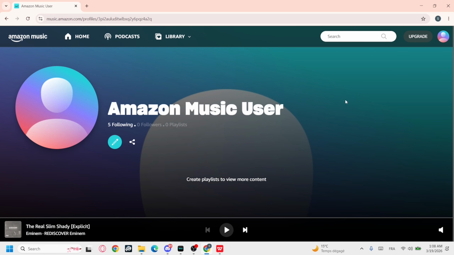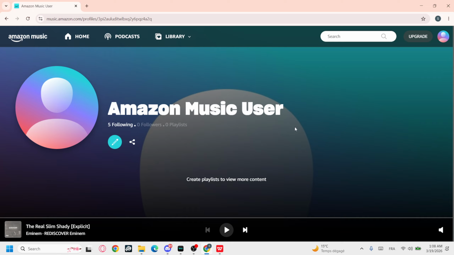So here at first you will need to upgrade your Amazon to the family plan, alright, and then just go ahead here on your profile and you will find an option. It says invite or remove family members. So just tap it and then tap invite member, then just enter their email address on a blank and tap